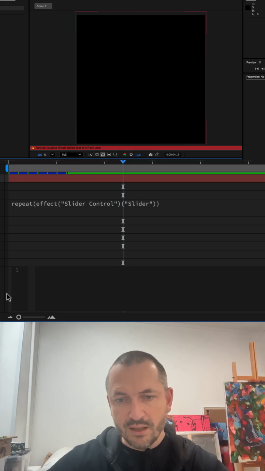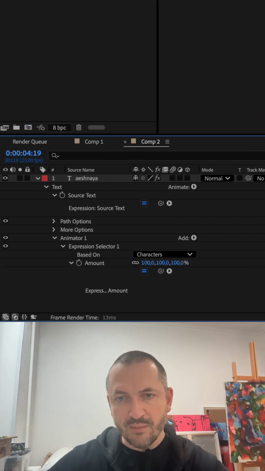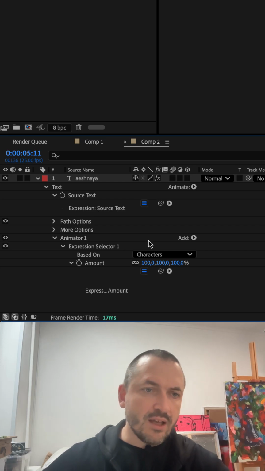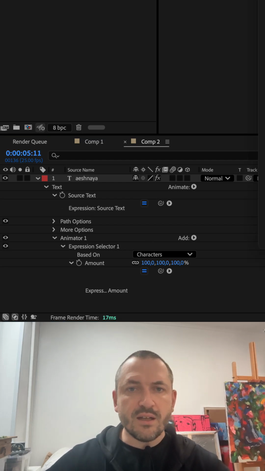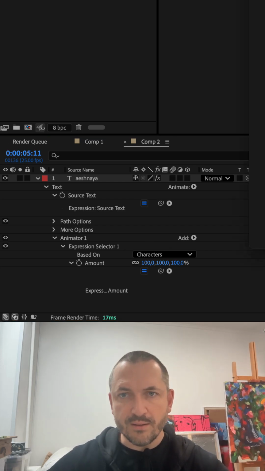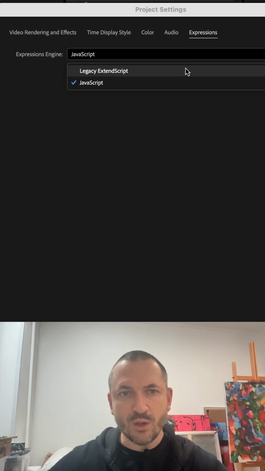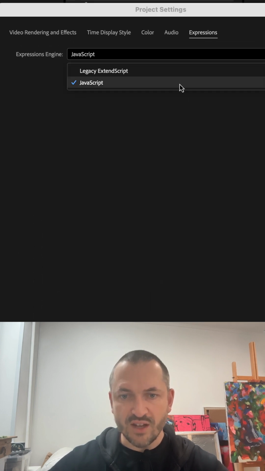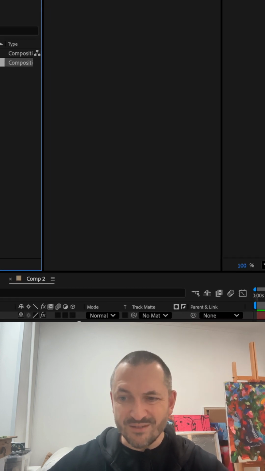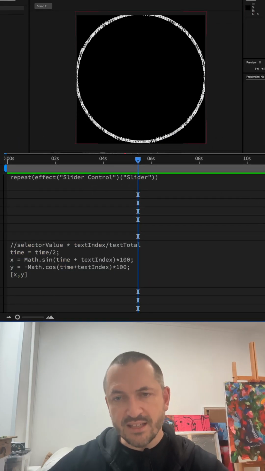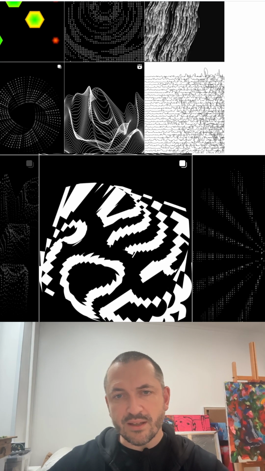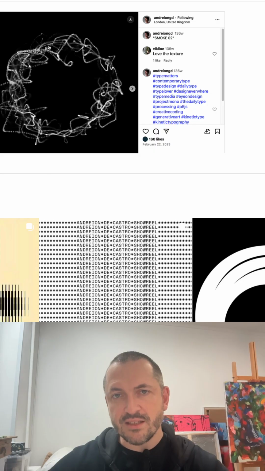And please know that I'm using JavaScript here. If you push on this icon, you should be aware that we use not legacy ExtendScript, we use JavaScript. These two languages are a bit different. Next step, I need to do something like that, and this is noise.